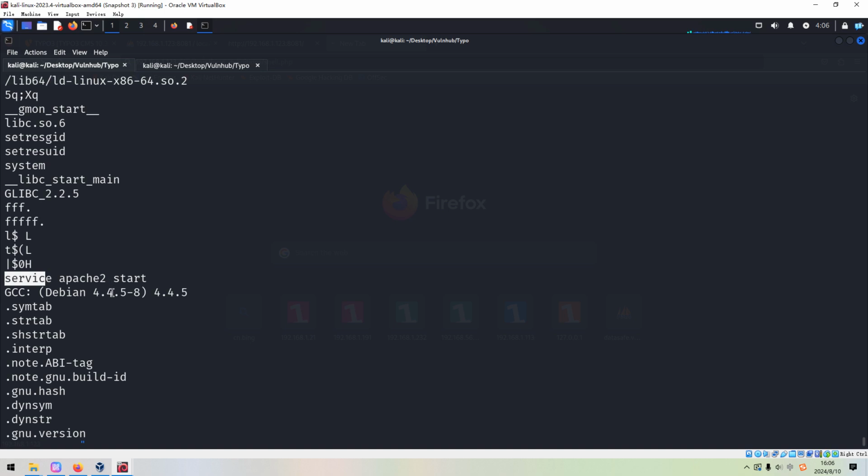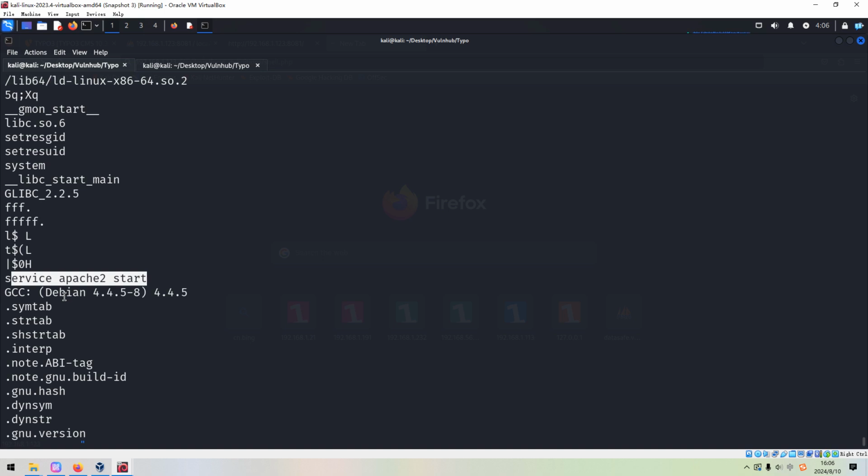The misconfiguration of this line is that service is not in the form of an absolute path. So it means that we can manipulate this one. We can create our own service command or binary. And of course, we are required to change the environment variable PATH.